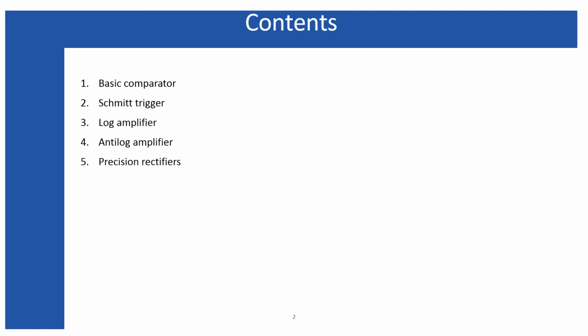And the last one is the precision rectifier. There I will discuss a lot regarding the precision rectifier, because although we have general purpose rectifiers based on diodes, the bridge rectifiers and half wave rectifier, full wave rectifier also, still we need precision rectifier in order to rectify within a range of voltage starting from some microvolt to some 500 or 600 millivolt, because a diode cut-in voltage or the threshold voltage is around 500 to 600 millivolt.